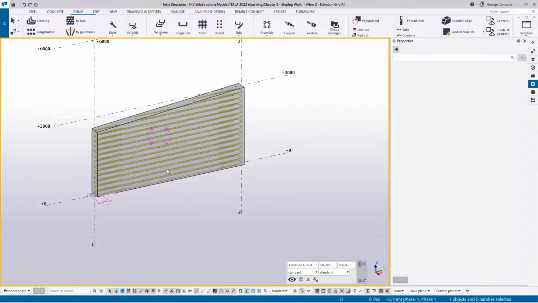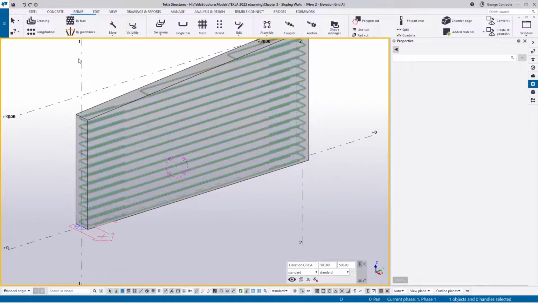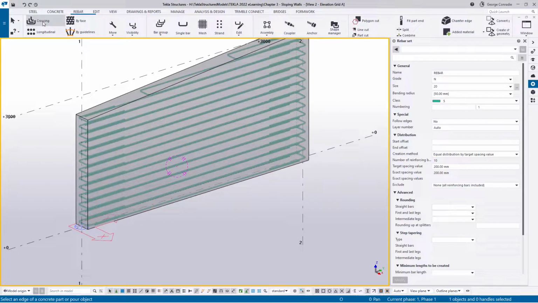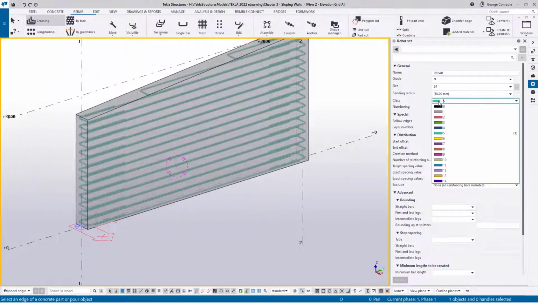So that pretty much deals with the horizontal bars. Now, in terms of the vertical bars, again, we'll go for a crossing bar. And this time I'm just going to select a bigger bar so it just stands out a bit more. So I'll go for a 24 bar, and I'll go for a 4 class, and I'll